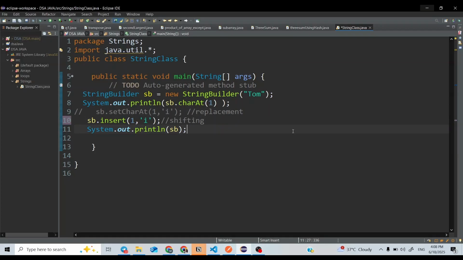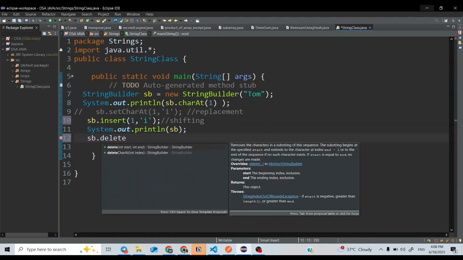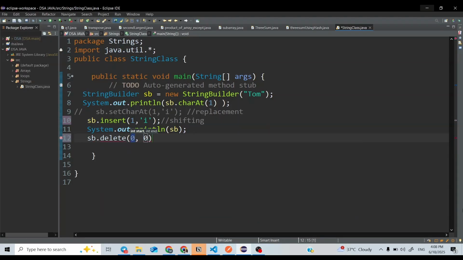And next is the delete method. If you want to delete something, it has two parameters. First is the beginning index and second is the ending index. Suppose this is Tommy, and I want to delete starting from first index till third index.